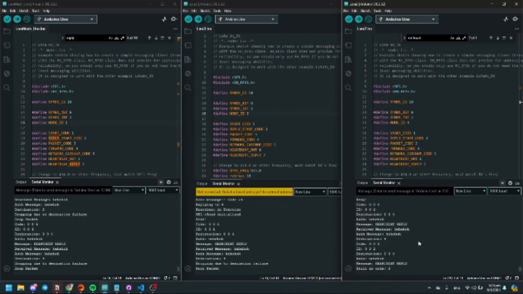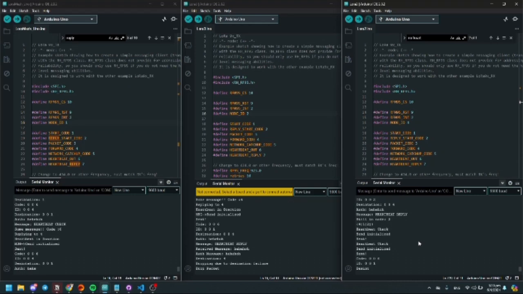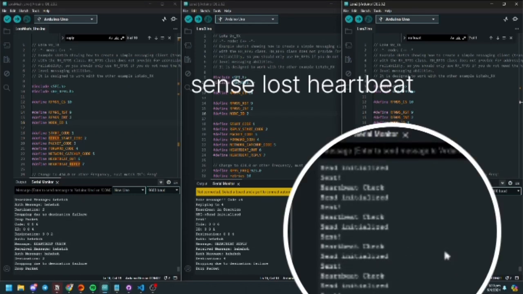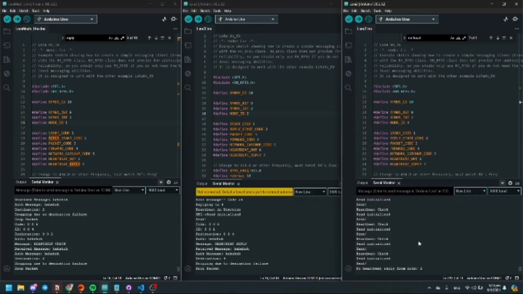As you can see, it will start sending. I simulated a disconnect by just disconnecting the LoRa. You can see they're checking the network. It sends the lost heartbeat. So it just disconnects the